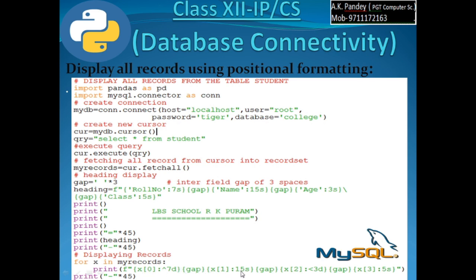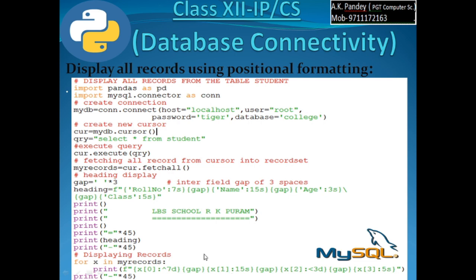X of 1, then its formatting characters, then gap. X of 2 specifies age, then left aligned 3 integer, then again gap. X of 3, that is class section, and colon 5 space it will occupy. So this is the, then inverted comma close.